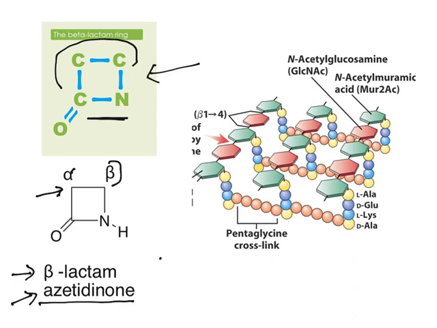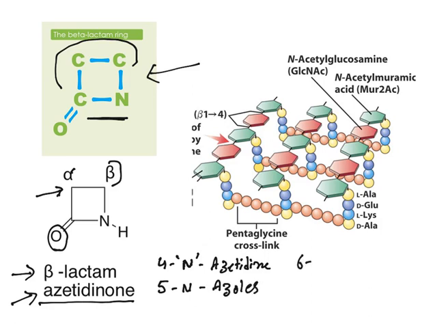Now, understand this thing. A four-membered nitrogen-containing heterocyclic ring, with completely saturated bonds, is known as azetidine. When you have a double bond, it is known as azetidinone. Whereas five-membered nitrogen-containing unsaturated rings are known as azoles, six-membered nitrogen-containing unsaturated rings are known as azines, and seven-membered nitrogen-containing unsaturated rings are known as azepines. You will see all these rings in most of the medicinal chemistry drugs, so it is good to know their ring names.